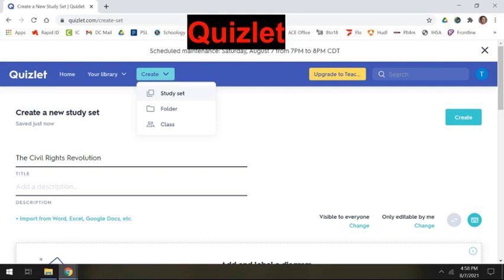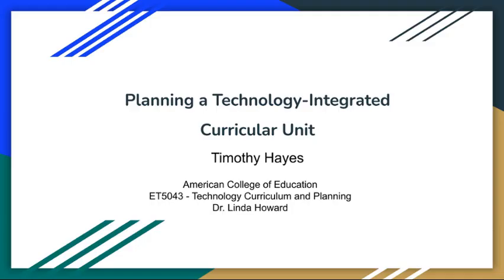Since moving fully one-to-one, I have noticed the benefit that students have gained from technology integrated curricular units. Students' engagement has been raised. So has the critical thinking, collaboration, creativity, and communication skills. All of these skills are 21st century skills, which are also promoted by